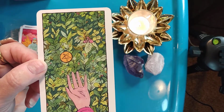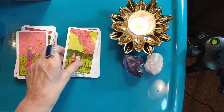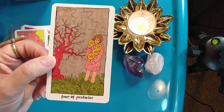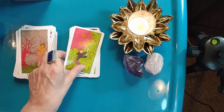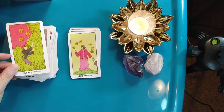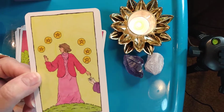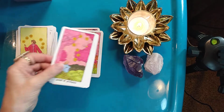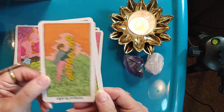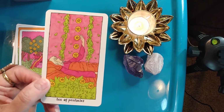So there's the Ace of Pentacles, the 2, the 3, the 4, the 5 of Pentacles, the 6 of Pentacles, the 7, the 8 of Pentacles, the 9 of Pentacles, the 10 of Pentacles,